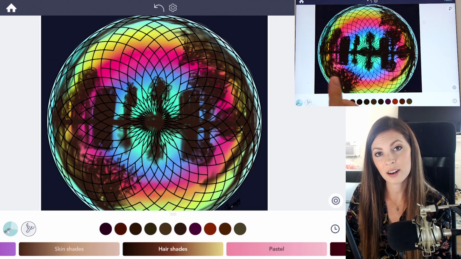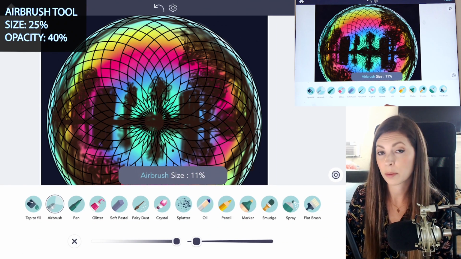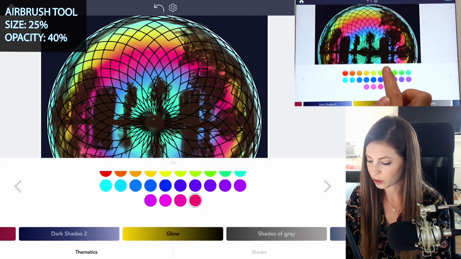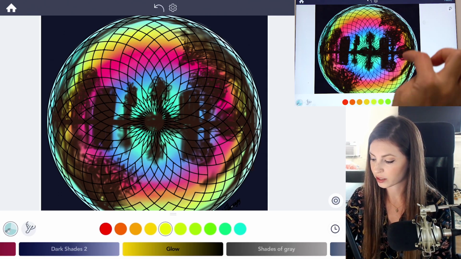Now let's add in a layer of color on top of that. So go back to the airbrush. Let's set the size at 25 and opacity at 40. Back in the glow palette, I'm using pink and yellow, the same ones that we used before. And I'm gonna add in a little color where it is already. So where I see the yellow